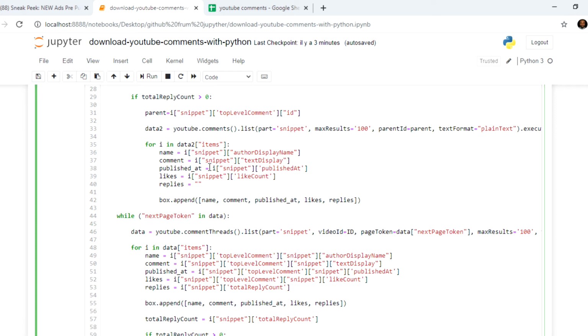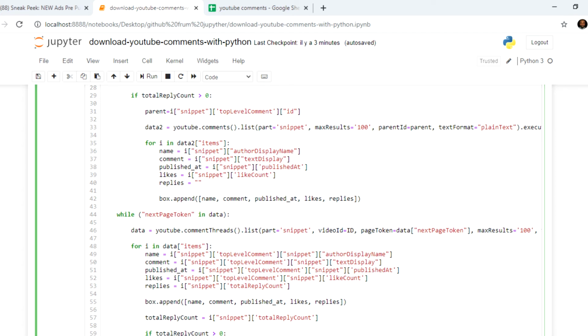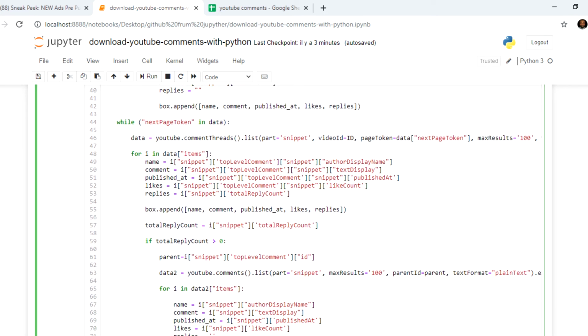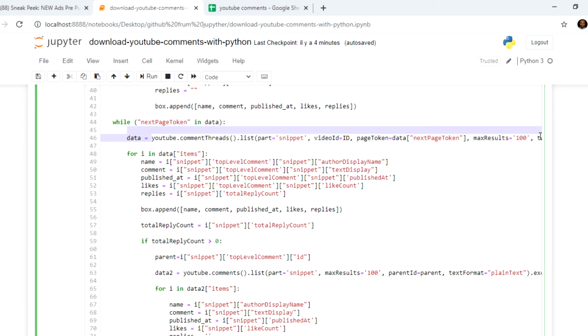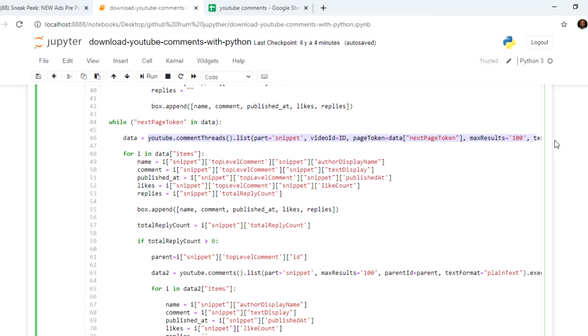Because it's already replies, we have an empty string. Okay, we append the box again, and we check for the next page token. The next page token is there only if the video has more than 100 comments. If it has more than 100 comments, then there'll be the next page token. Okay, we declare a new variable called data, and we make another API call to get the comments beyond 100